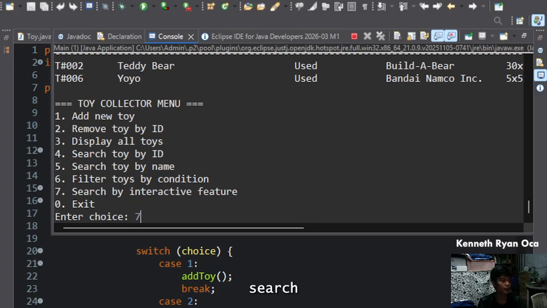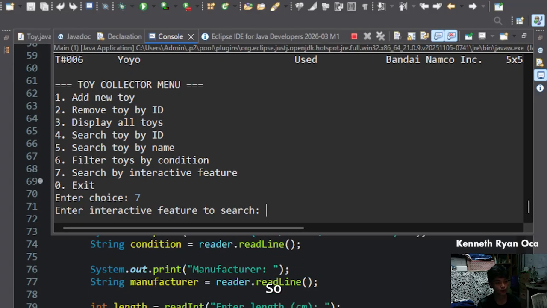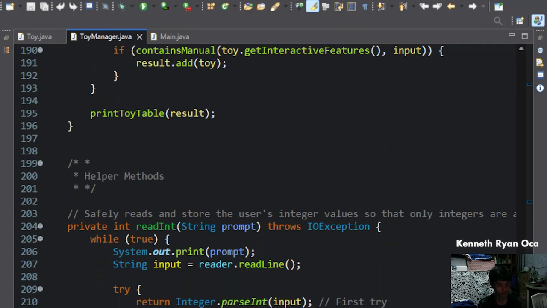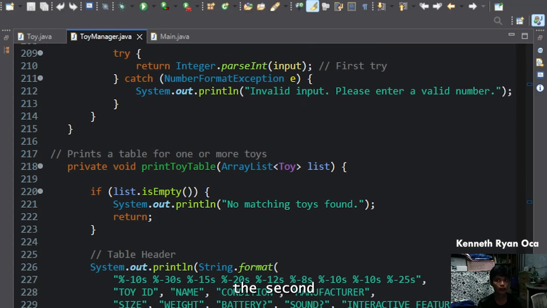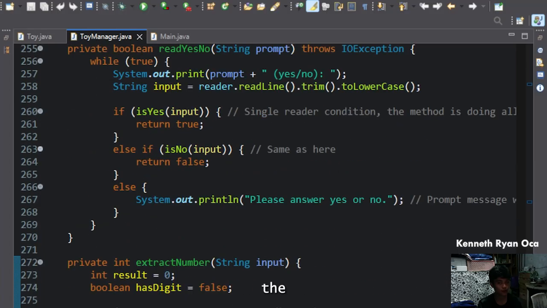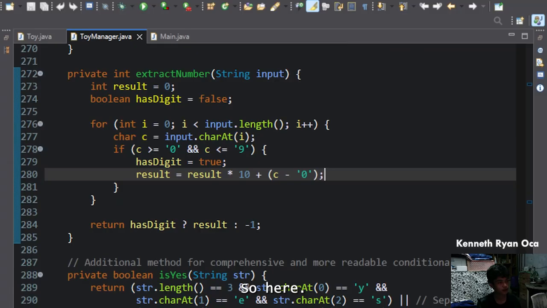Then search by interactive feature. This is a unique one because every toy has a unique interactive feature. So you have to make a method to compare the strings individually using the charAt method.